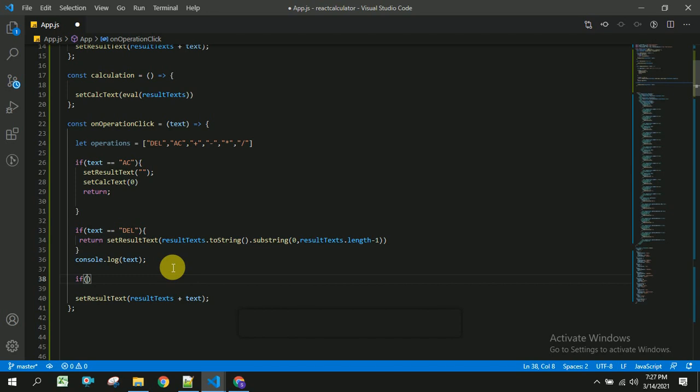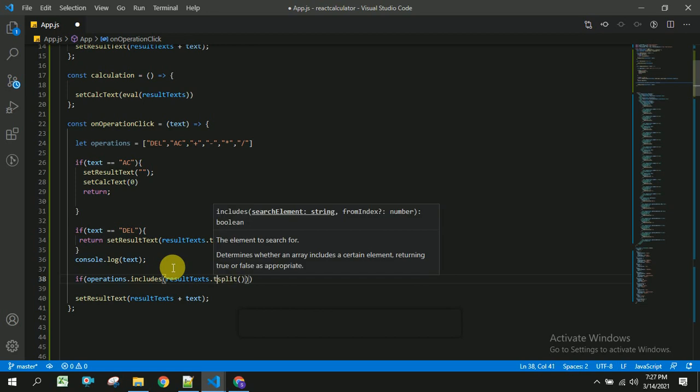So if this operations dot includes result text dot split, we are going to split this first.